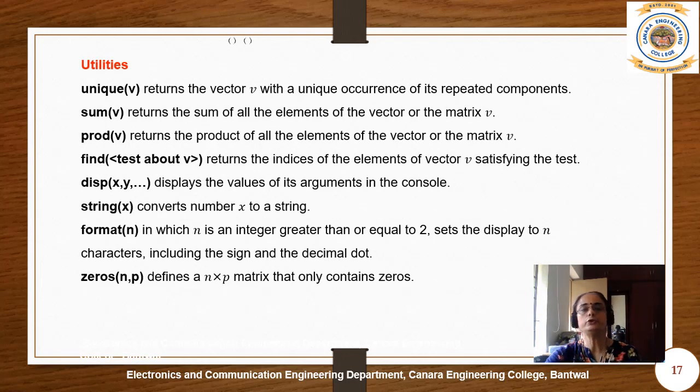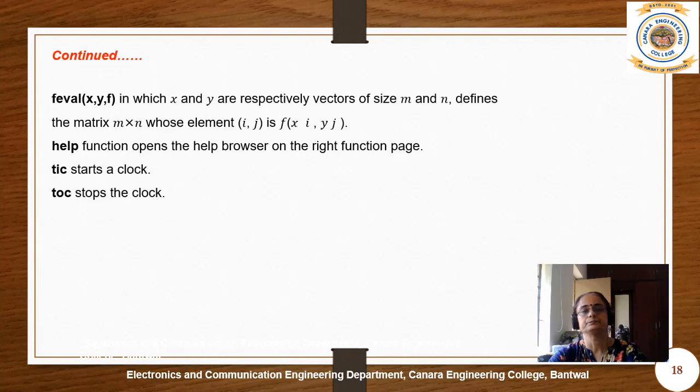Some of the utility built-in functions are unique, sum, product, find, display, string, format, zeros, and so on, which we'll be seeing later. And some are very important here. Tic toc. Tic always represents that you start a clock and toc stops the clock. So you can compute the computational time to execute a particular set of commands.